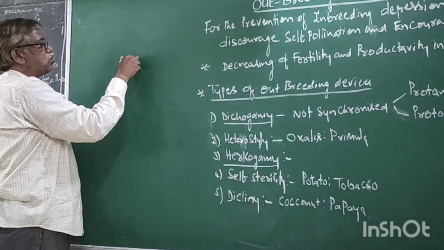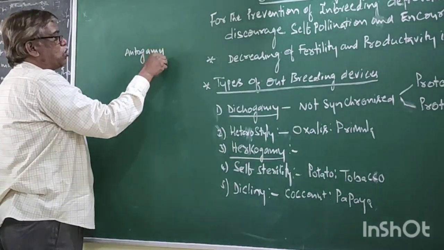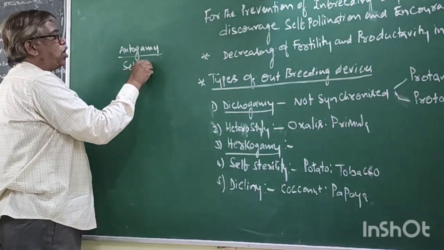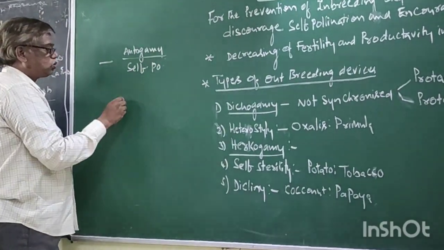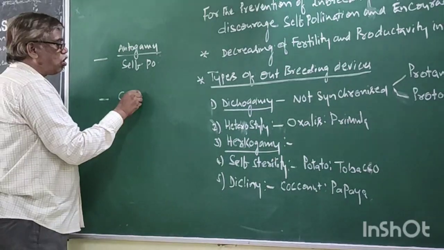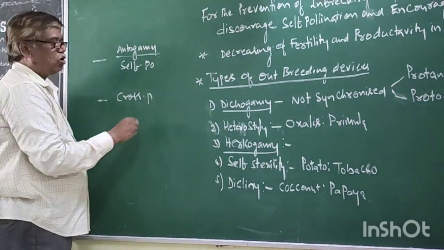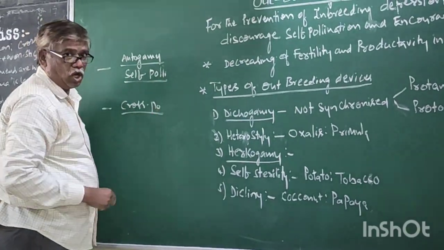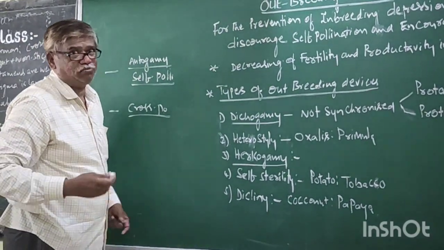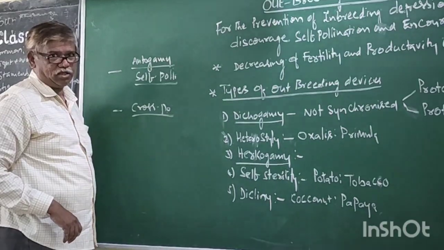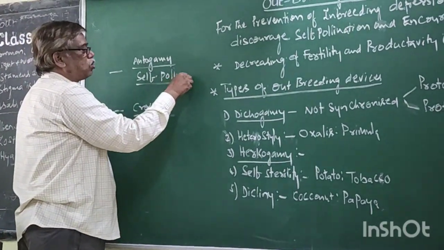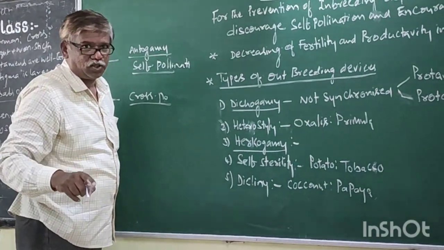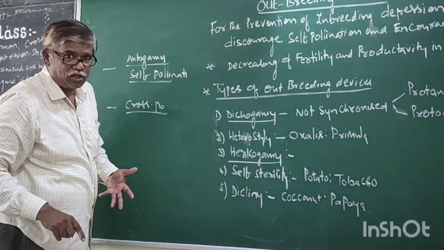Autogamy is nothing but self-pollination. Another one is cross-pollination. Self-pollination, cross-pollination: which is the benefit to the organism? Pollination is the word applicable to plants. In animals,